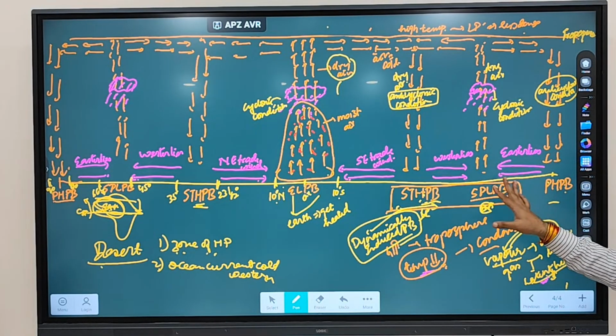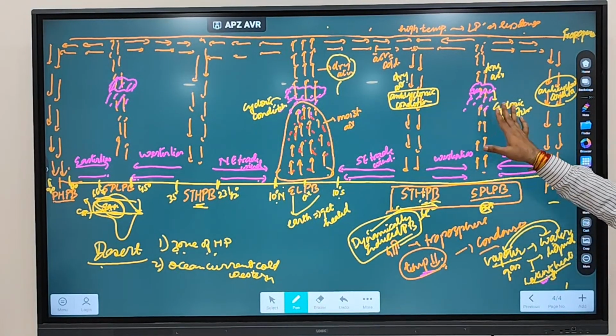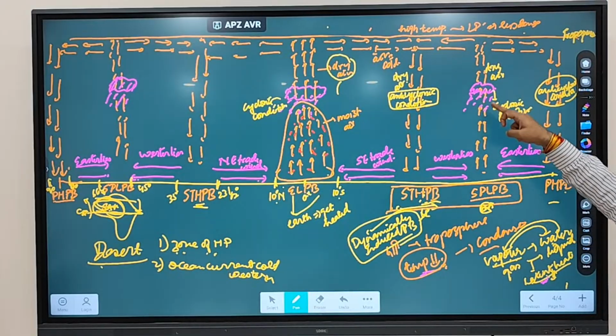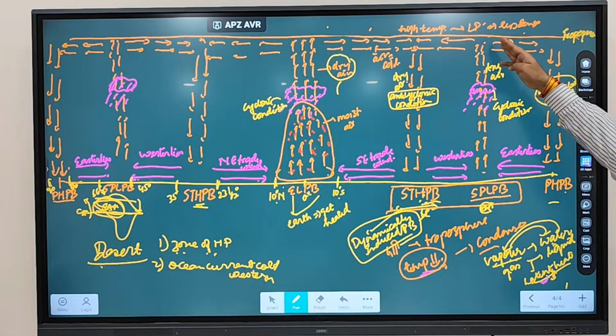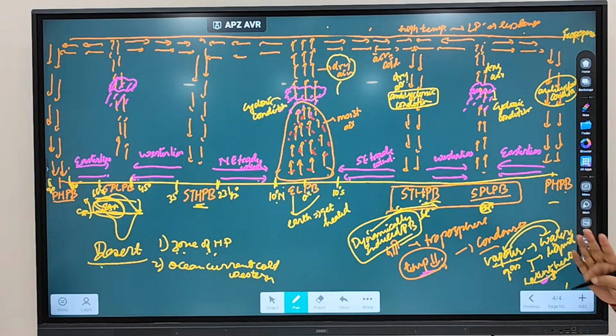When these two winds meet, what will happen? You will see air becoming heated and air will start to rise up. Here again condensation will happen. You will see again divergence is going to happen. So this is how the pressure belt formation happens. Clear? So that's why these pressure belts are present throughout the year, and that's why these pressure belts are called